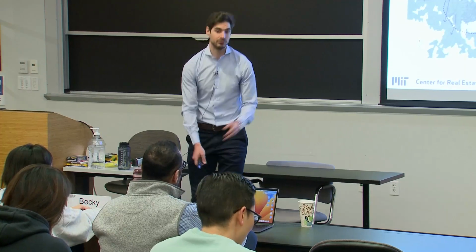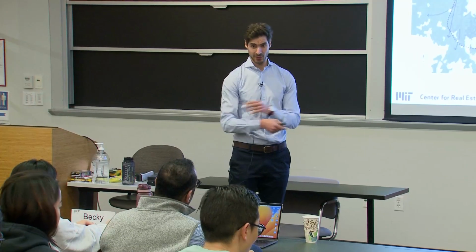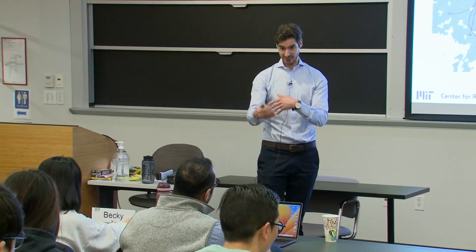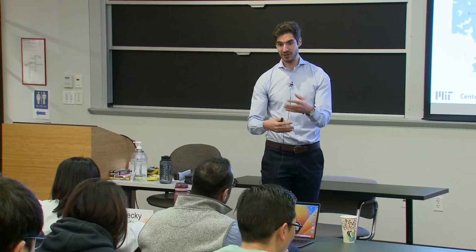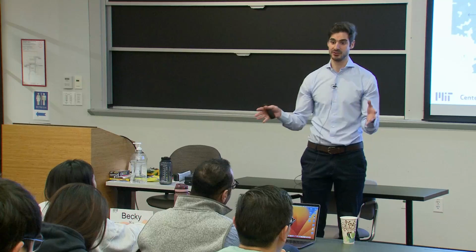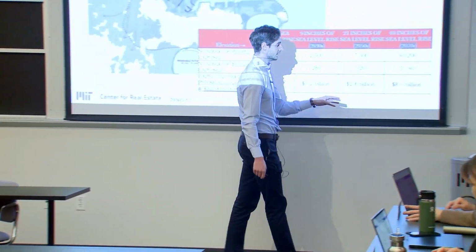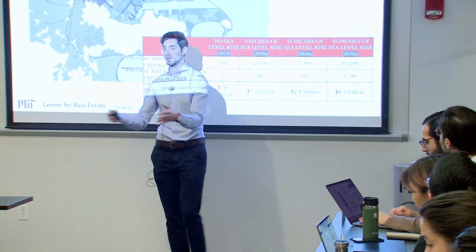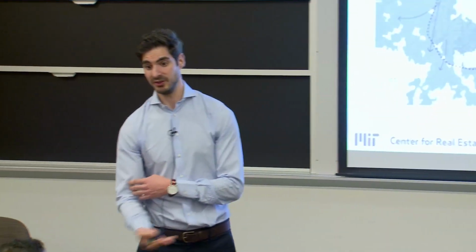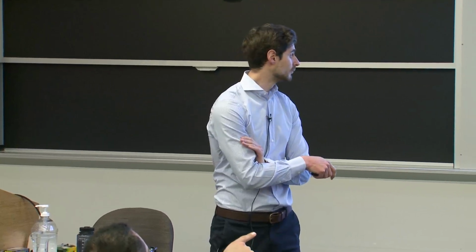Every report of this kind will always be using the latest prediction. And you saw the table of the beliefs of the IPCC, the United Nations, regarding climate change. That is updated every 4 or 5 years. Especially in 2022, there was a big update around those projections of the damages. Here, what you will see is that to get these numbers, you use the properties that are going to be exposed. So the properties that are here in this blue area times the value of those properties, and that's how they calculate the 8 billion.